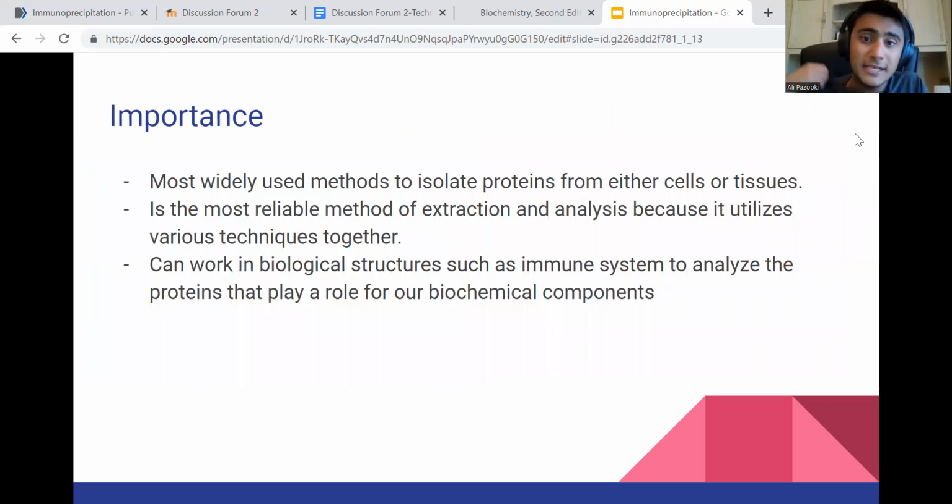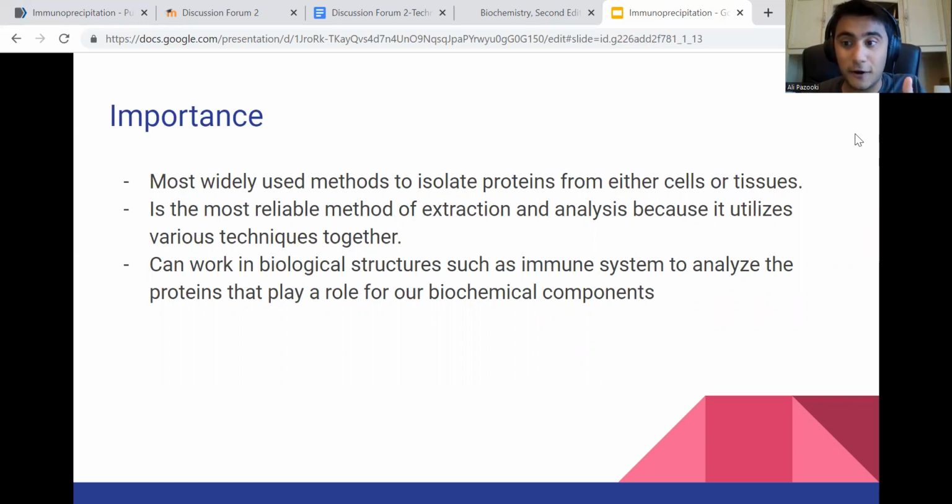Now, there is a very big importance of using immunoprecipitation as compared to other forms of protein isolation analysis, such as column chromatography or even SDS-PAGE or Western blotting, in the sense that this is one of the most widely used methods to isolate proteins from either the cells or tissues within our body. And as you know, there are various proteins embedded within us, and in order to isolate an individual protein or strand,